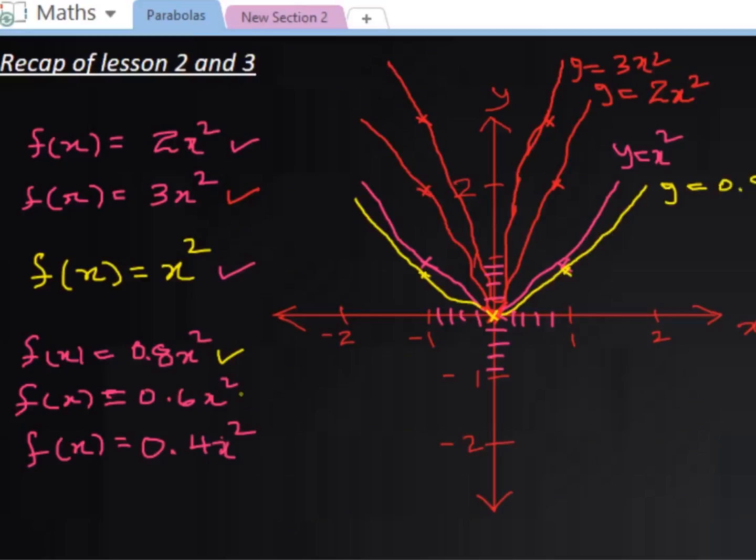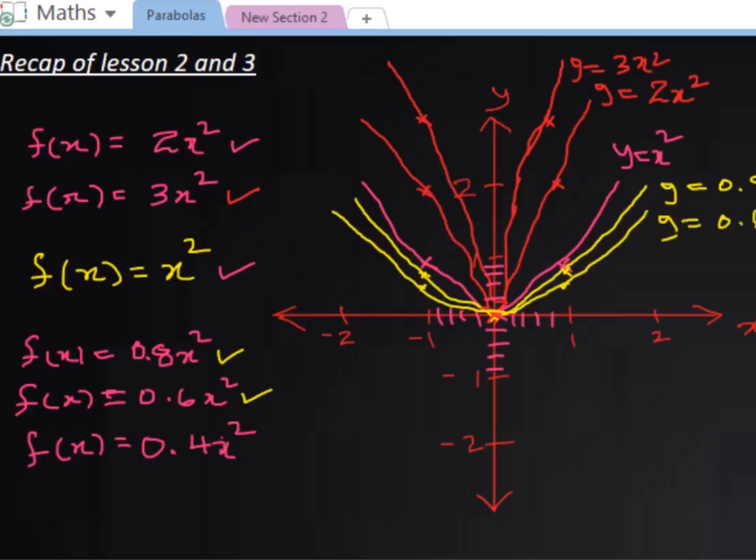Now let's move on to drawing the parabola with the function f of x equals 0.6 x squared. The 3 points we will have are -1 and 0.6. 0.6 will be a point just below this one. 0 and 0, 1 and 0.6. It's a point right there. Then we connect the 3 points to get the parabola with its shape, with the equation y equals